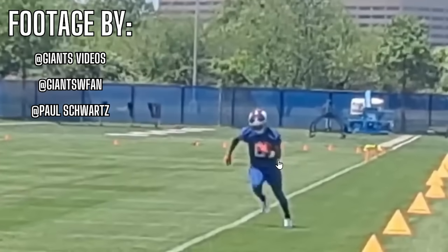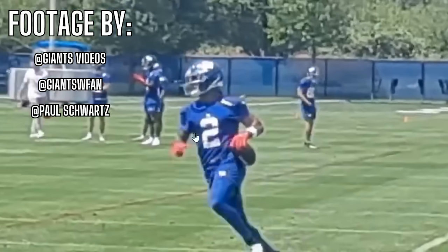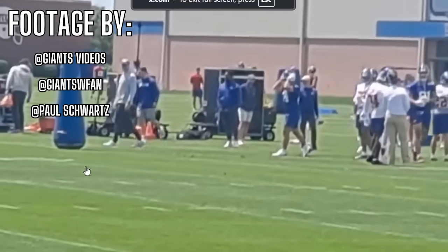mandatory minicamp. Juice Wells is very dynamic, kind of like a Swiss Army knife type of player. I would not be surprised if he ends up making this roster as someone that can just help out Jaxson Dart from the start, man. I like him. A little bit of Cam